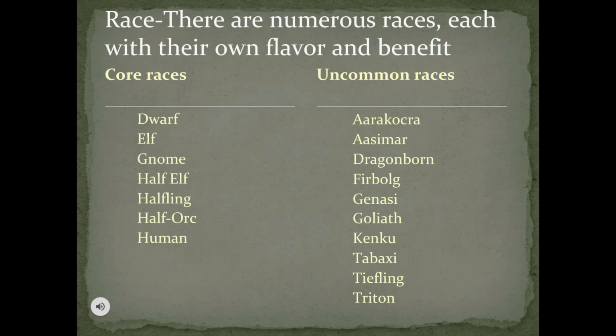Tiefling. The opposite to Aasimar. They are fiend or devil-blooded humanoids. Though, depending on what version of D&D you're playing, it's either they are properly descended from fiends, or someone in their family made a pact with the devil and their bloodline was the cost. So they do not have any actual fiend blood, they are simply cursed. And then Triton. Triton are the Atlanteans. They are an aquatic race that defend the oceans. They are very stoic people.